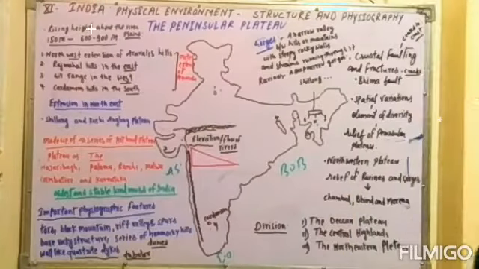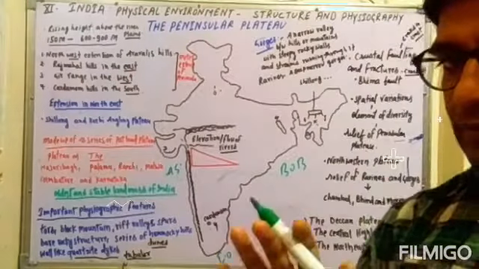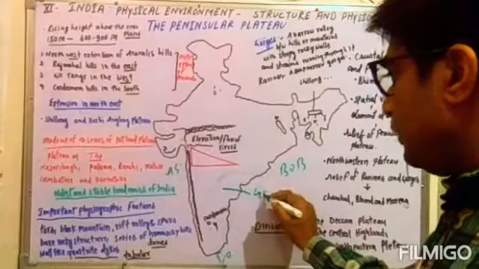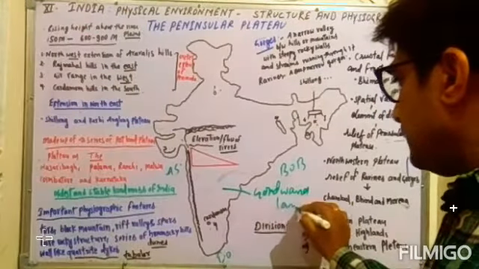Now, the oldest and stable landmass of India is the peninsular plateau, which is also known as the oldest landmass of India, because this is a part of Gondwana land, because